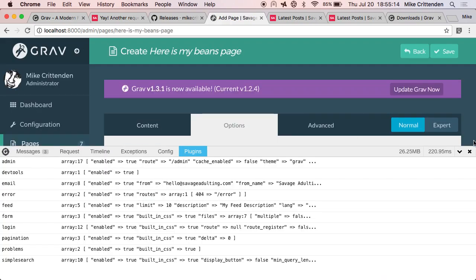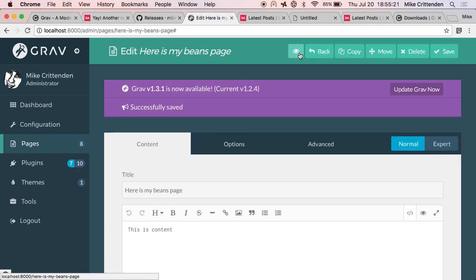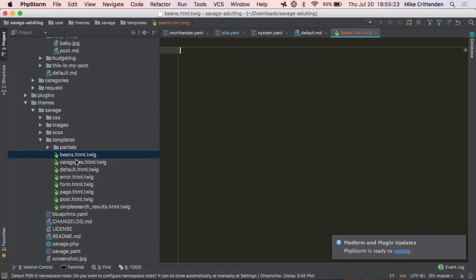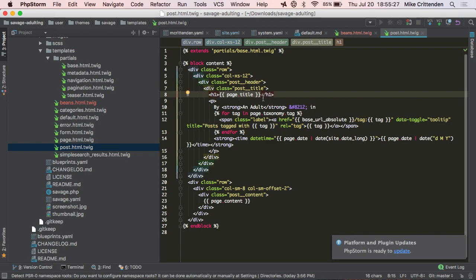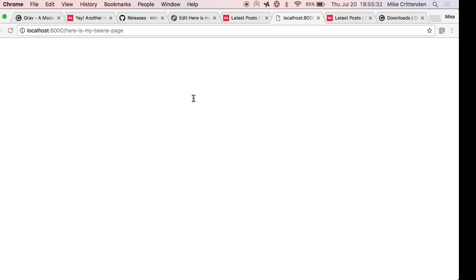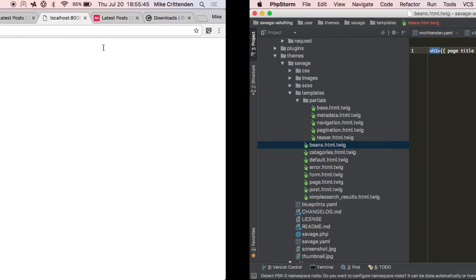Continue. I'll say this is content or something. Save it, and if you view it, it's going to be empty because the template is empty. But if I steal a different template and paste it in here, and then refresh, there it is. So in, what was that, like a minute, we added a new content type and a new template for it and created content within the content type. From then, it's just a matter of beefing up your Twig templates.